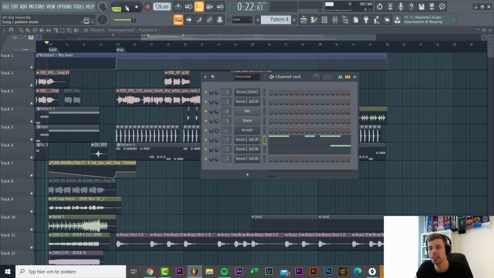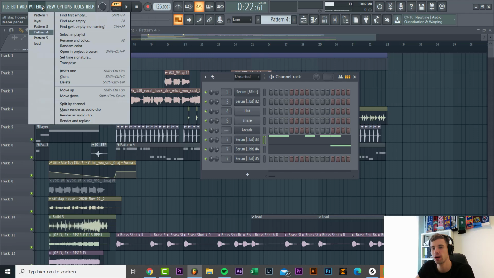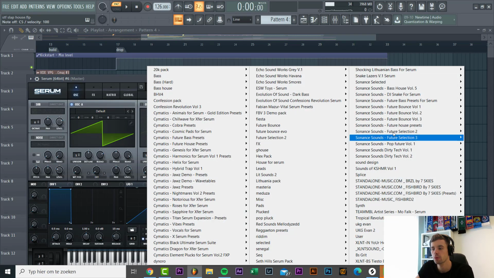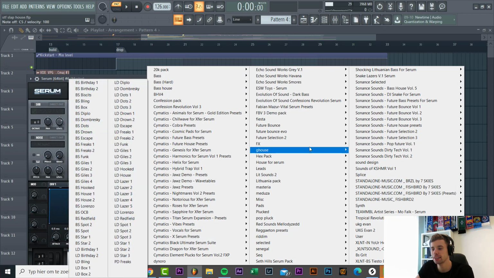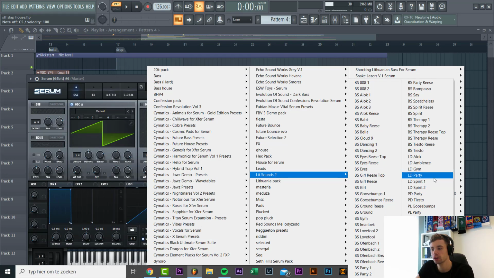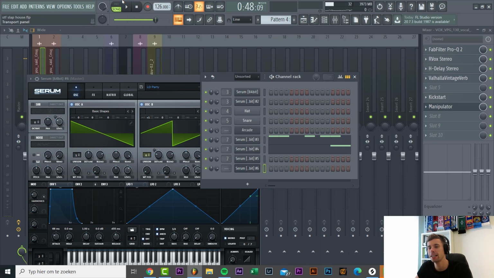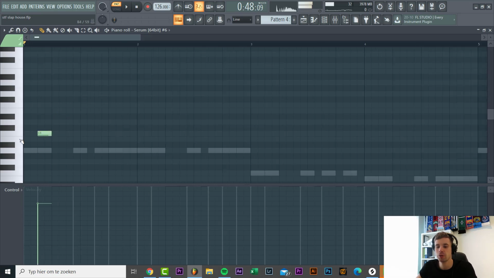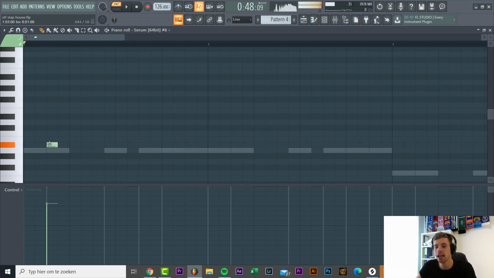So now let's dive into the lead sounds of the drop. So we're gonna add a new Serum to it. It's like a preset from the lead sounds pack. I'm gonna use the Party Sounds. I really like that lead sound to use in the drop, sounding like this. So now we're gonna write a melody on top of the bass sounds. We're working in A minor, so